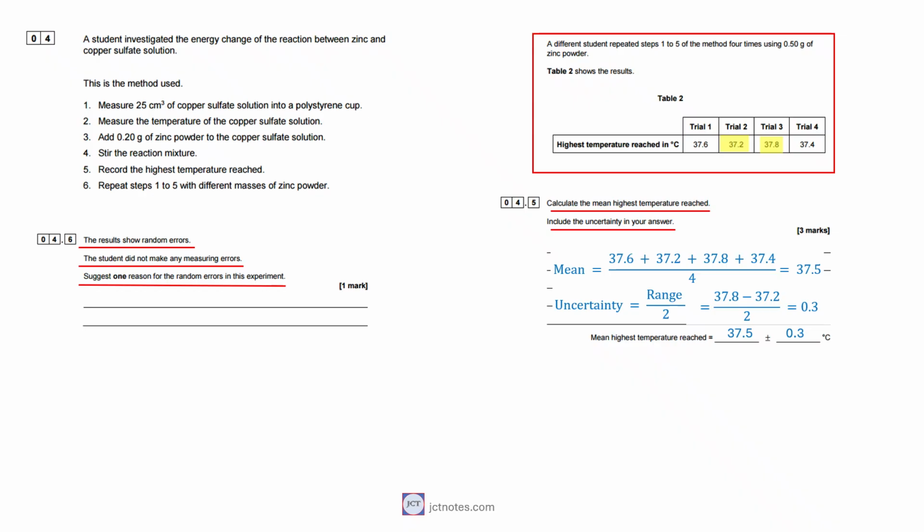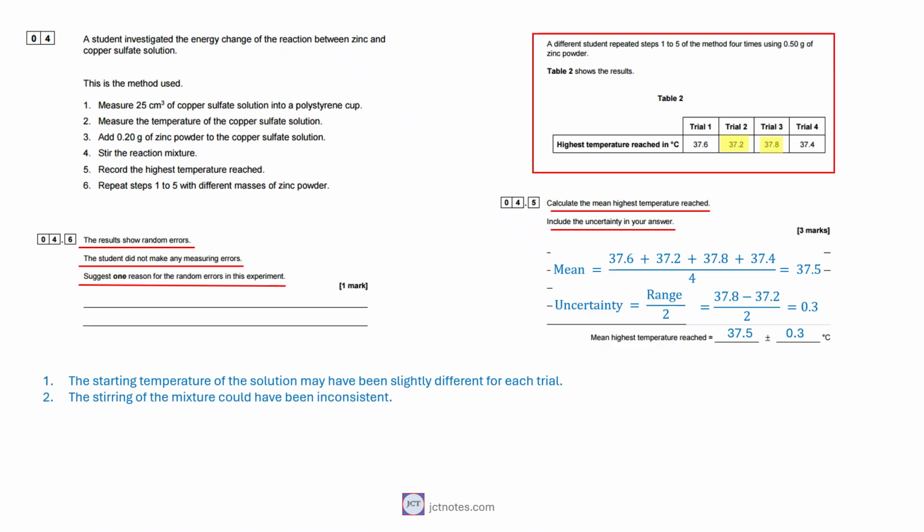Because the question rules out measuring errors, have a look closely at the physical experiment itself. What variables are hard to keep perfectly identical every single time? You can score this mark by giving any one of the following reasons. First, the starting temperature of the solution may have been slightly different for each trial. Second, the stirring of the mixture could have been inconsistent. Or third, there may have been an inconsistent use of a lid on the polystyrene cup, letting different amounts of